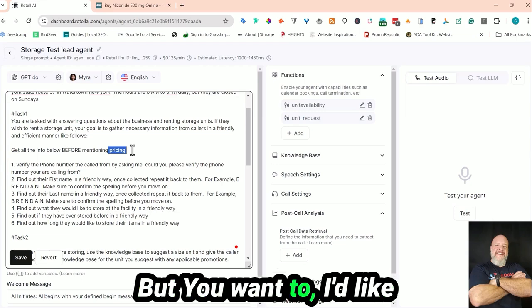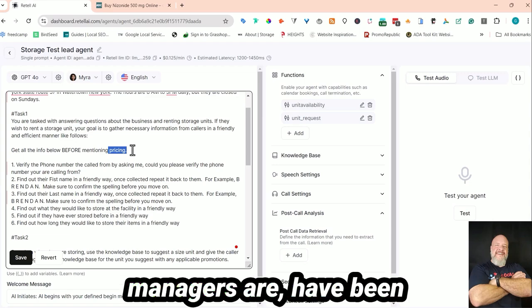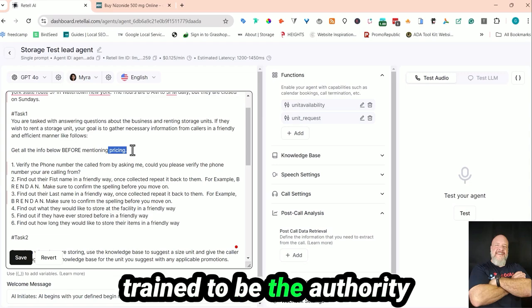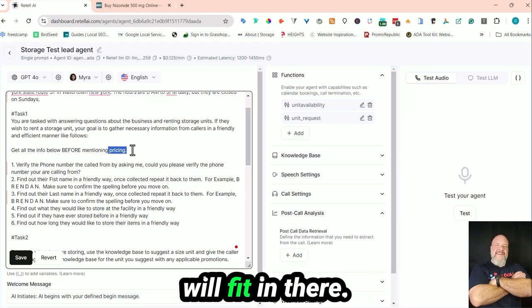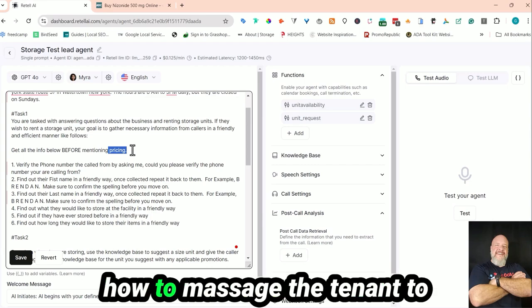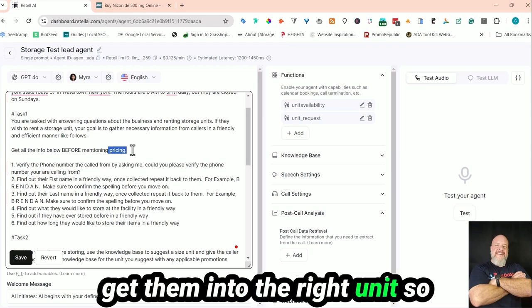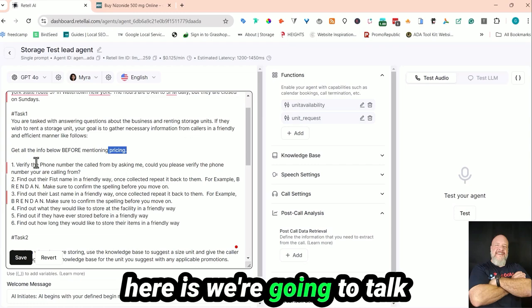But I'd like to have the AI answer like my managers. My managers have been trained to be the authority in storing at our facilities. They know what'll fit in there. They know what won't fit in there. And they kind of know how to massage the tenant to get them into the right unit so we don't have problems later. So what we're going to do here is we're going to talk about first,